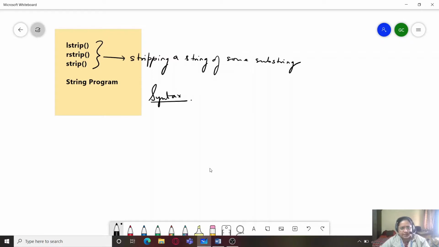For example, you have a string object, dot lstrip, and chars is an optional argument, that is, it could be a group of characters.